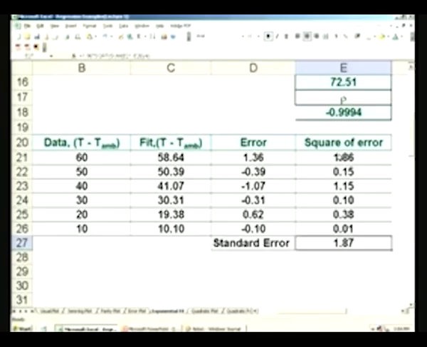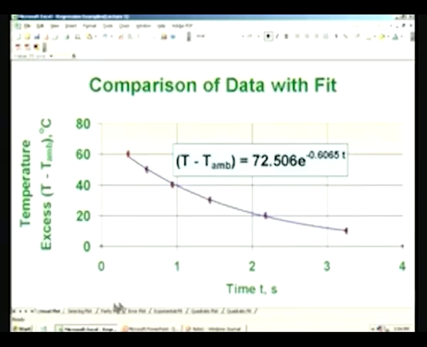E21 to E26, these are the values I am adding, and then dividing by 4, because the number of degrees of freedom is n, the number of points 1, 2, 3, 4, 5, 6, minus the number of parameters 2, that is going to become 4. So, this is the standard error expected in the calculation. I calculated it here. Now, I can go to the plot and show the standard error as an error bar. So, if I go to the data point,